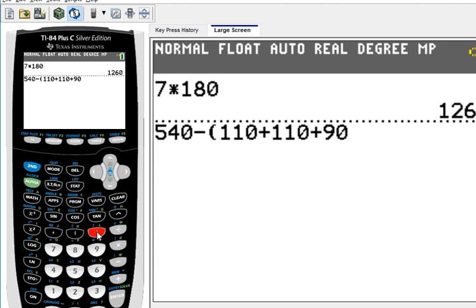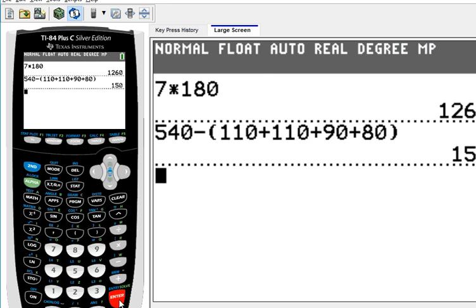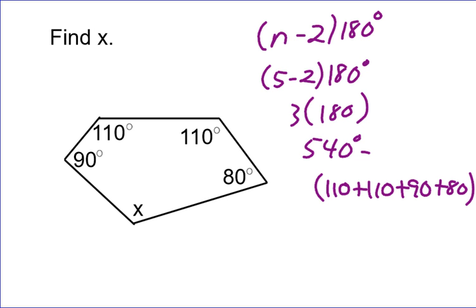I'm just subtracting the sum of the 4 angles that I know from what the total should be. When I do that, I end up with 150 degrees. So x is equal to 540 minus that sum, or x equals 150 degrees. And that's basically what all of your interior angle sum theorem problems are going to look like